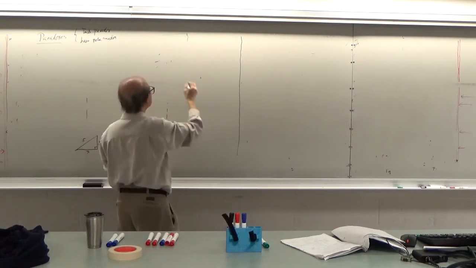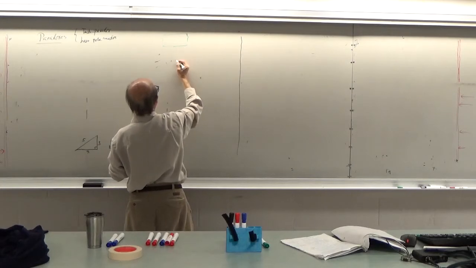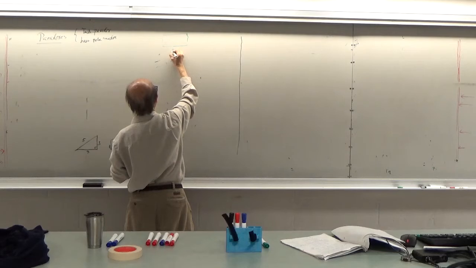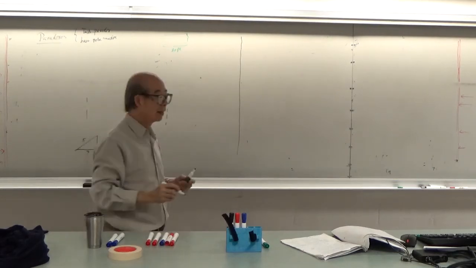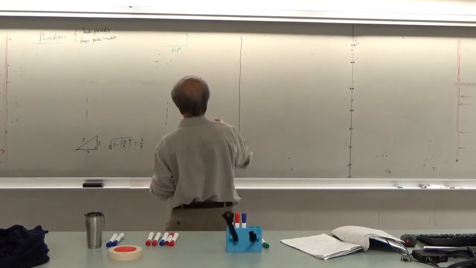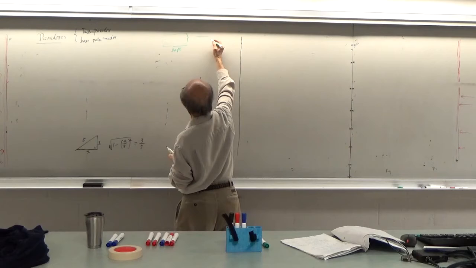And the barn is, let's say, 30 feet deep. And let's say that there is a pole that is 20 feet long,